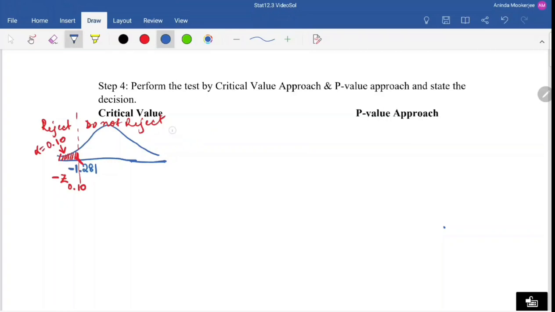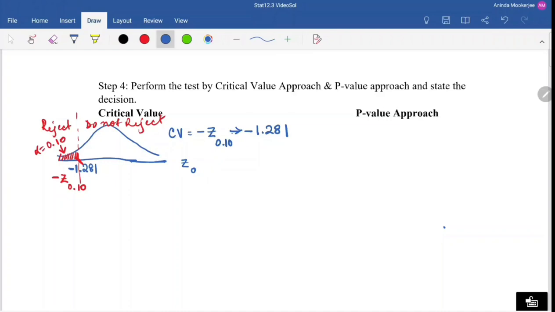So let me write it down here. CV equals negative z of 0.10, which from our table comes up as negative 1.281. Now that we have defined our regions, we have to bring our test statistic value, which is z sub